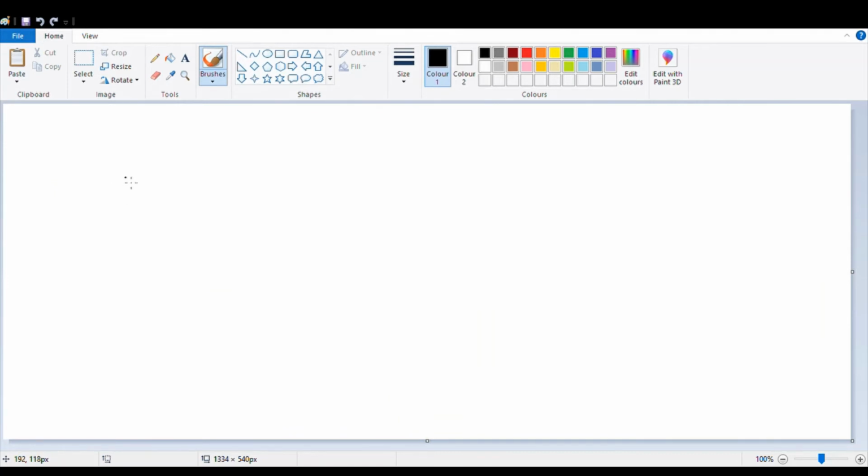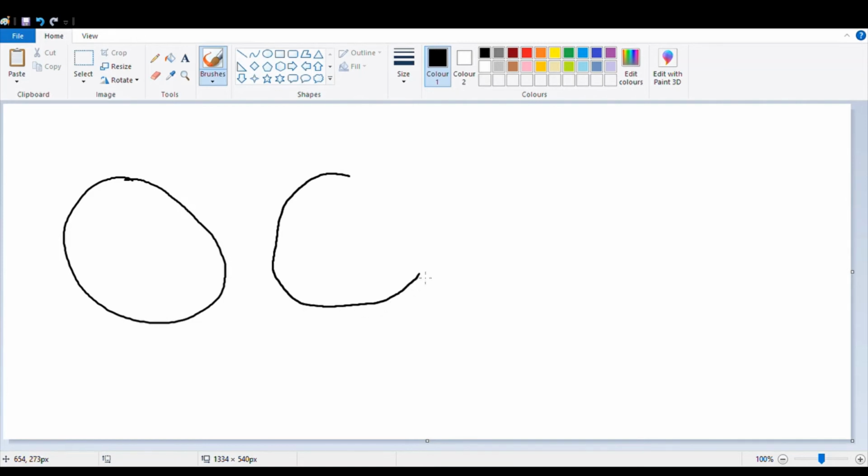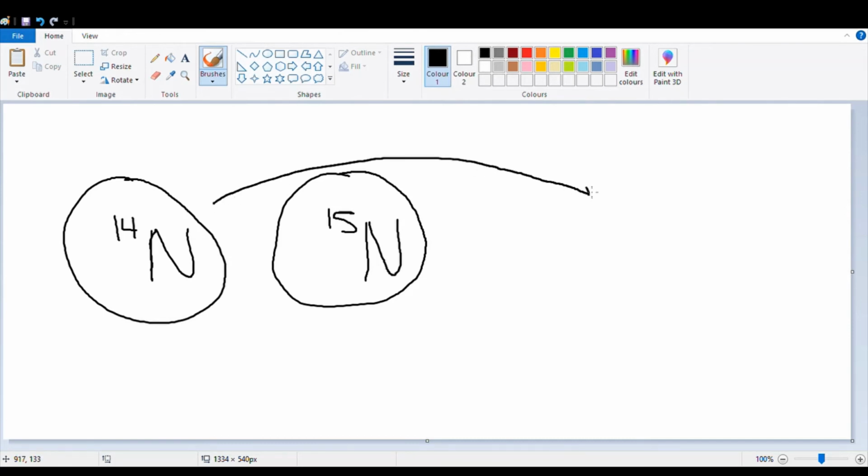So in Meselson and Stahl's experiment, they had their 2 dishes that they were allowing their bacterial DNA to replicate on, and one of these had our light nitrogen broth, so our 14N nitrogen in the broth, and the other contained heavy nitrogen, so our 15N nitrogen. What they found, so they took a sample of the bacterial DNA and they centrifuged it